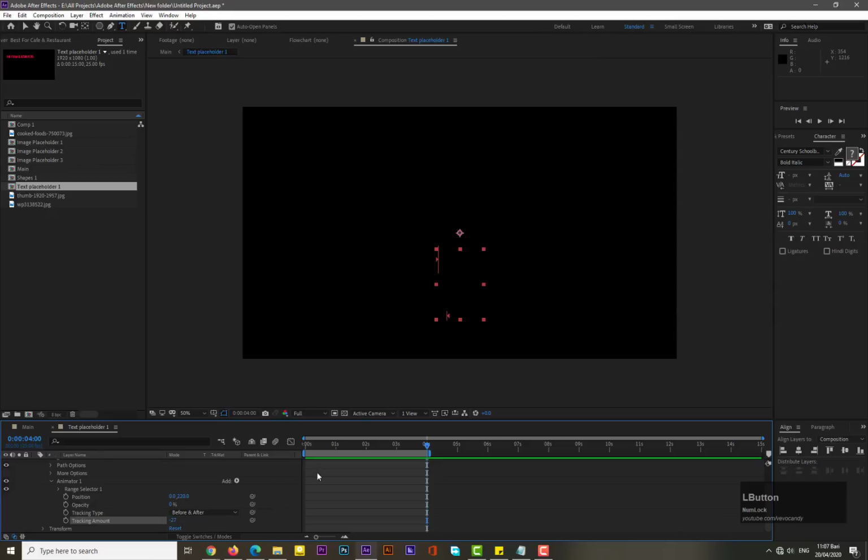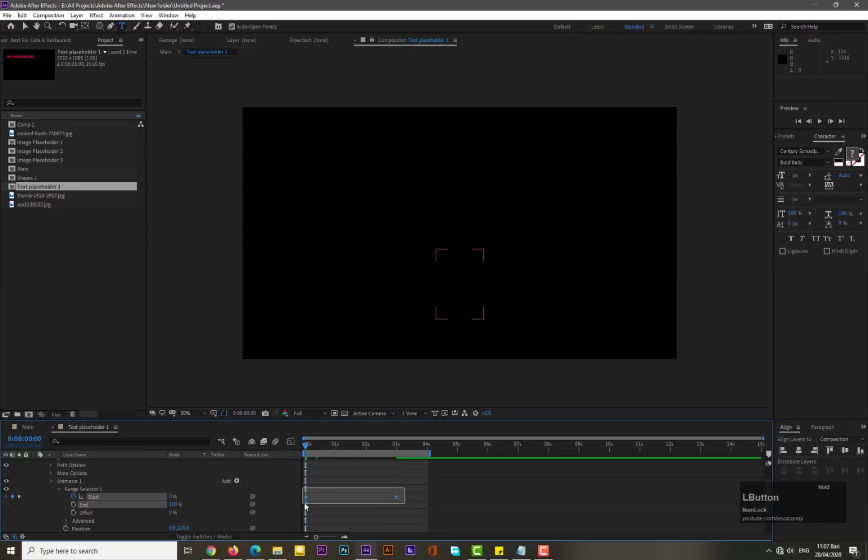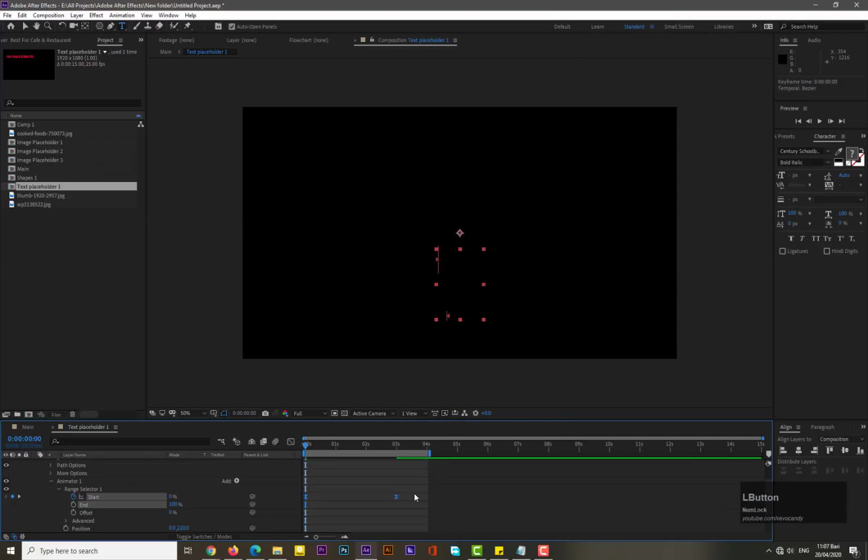Okay, now we need to go to range selector and add a keyframe for start on frame 0, move forward by maybe 1 second, or I think we should go for 3 seconds and add another keyframe and increase its value to 100. Now we need to select both the keyframes and ease them. Yes, it's cool. Now guys, go back to